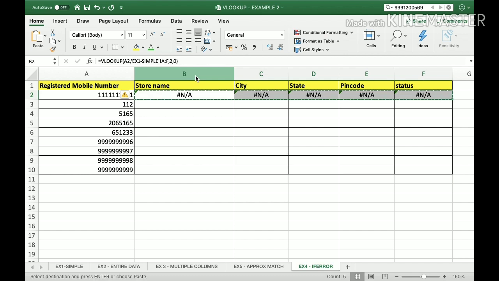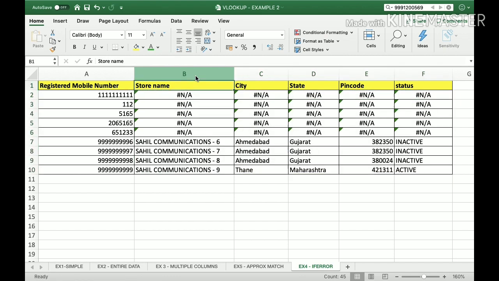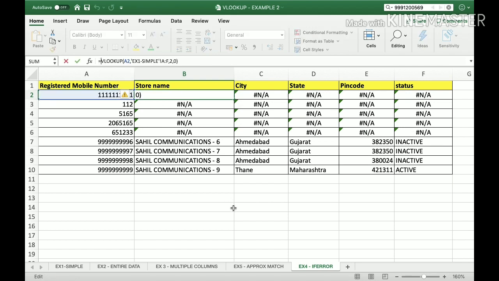ठीक है, ये कॉपी कर लिया और मैंने नीचे तक पेस्ट कर लिया. अभी ये सारे मोबाइल नंबर वो डेटा में है, इसके लिए ये वैल्यू फैच हो गया, but these are not in the data. So I don't want Excel VLOOKUP to show this #N/A. I want a message that data not found. तो how to do that? Simple, ये VLOOKUP के आगे क्लिक करना है and write IFERROR, open bracket, if a VLOOKUP done throws an error, then comma, put any message like data not found,